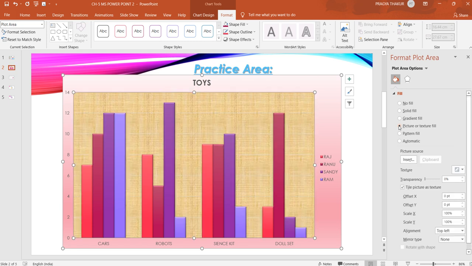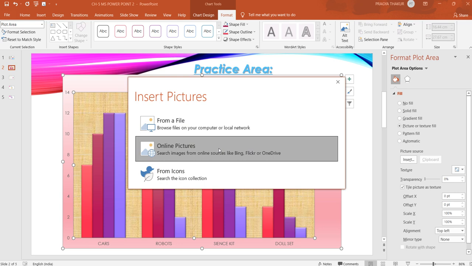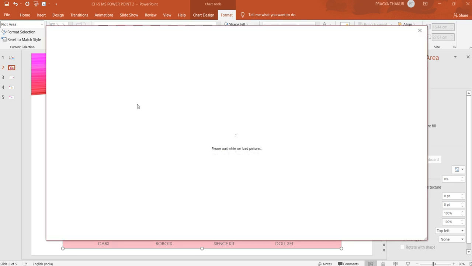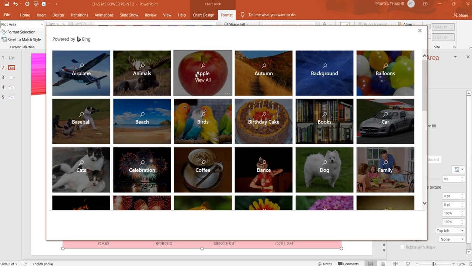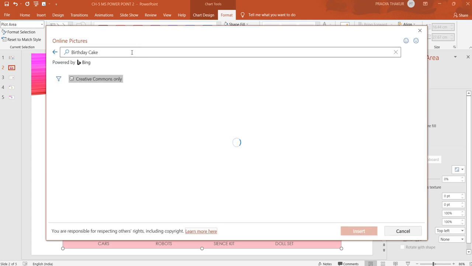Now I'll show you how we can insert a picture in our plot area background. So we just need to click this picture, go to insert and online pictures. Here in online pictures, we just need to select whatever picture we want. We just need to type it.